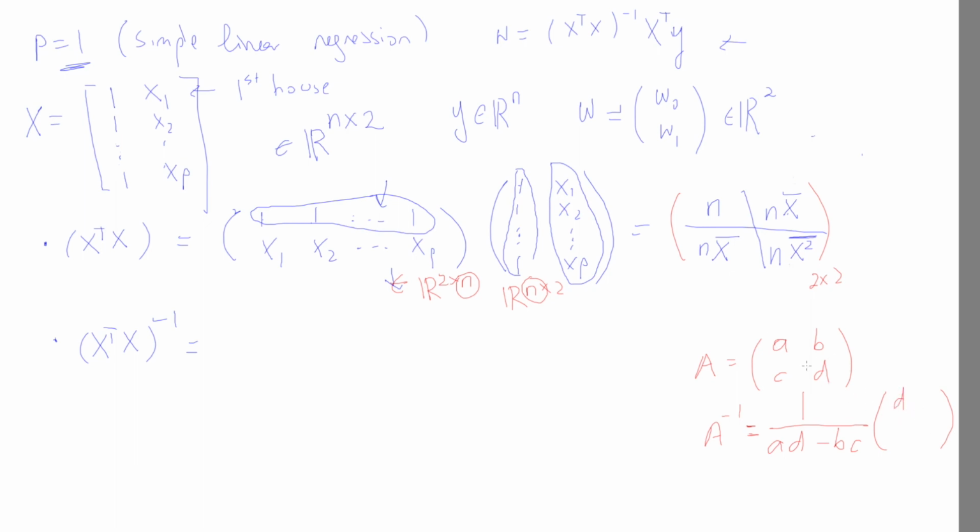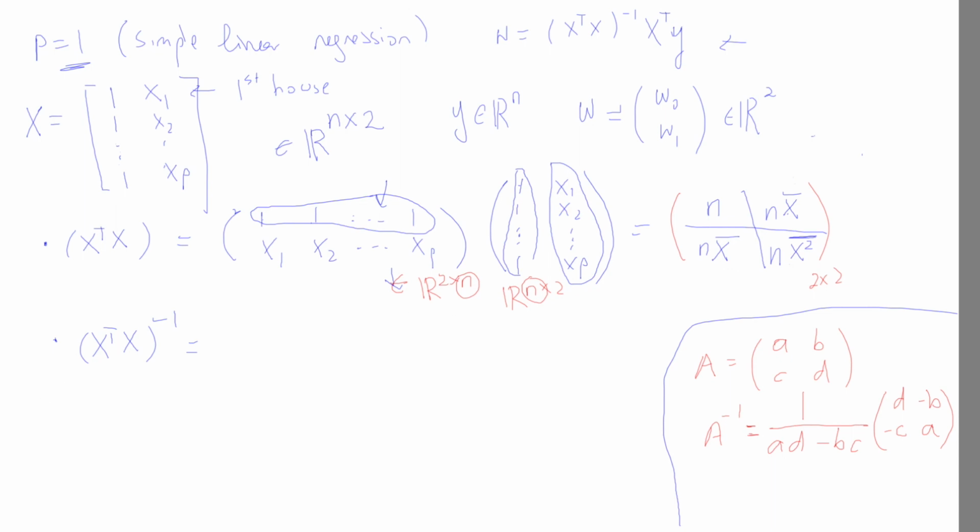The diagonal gets flipped, and then the off diagonals get multiplied by negative. So if you don't, just make sure you recall this. So the inverse of this guy, we're just going to apply this rule,